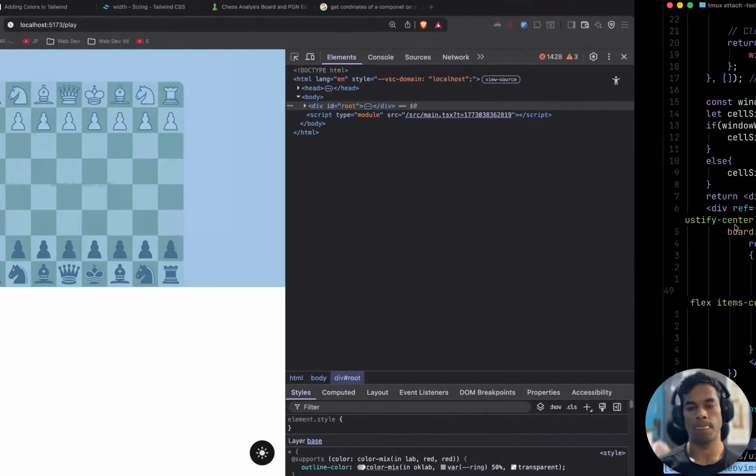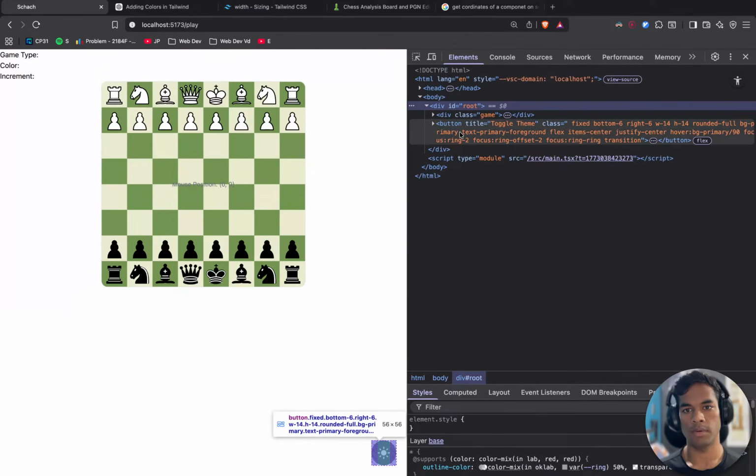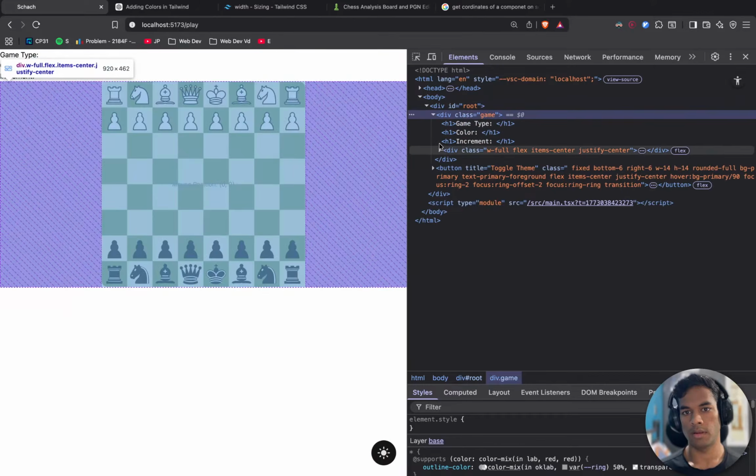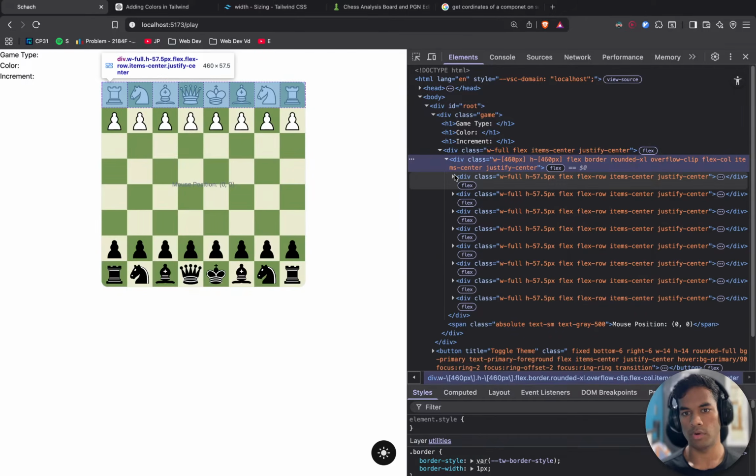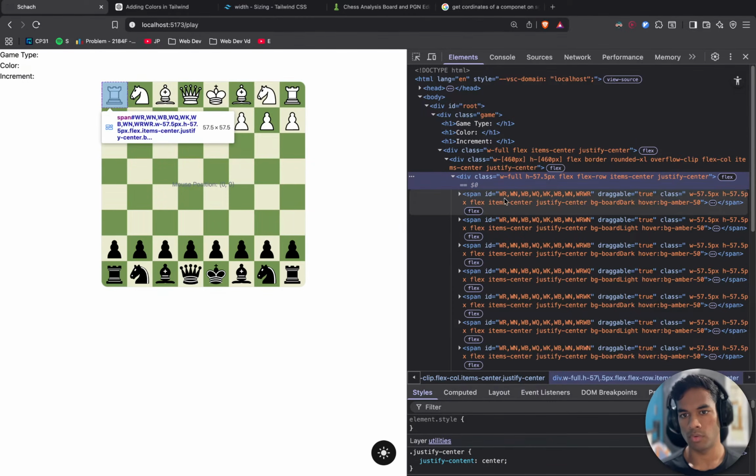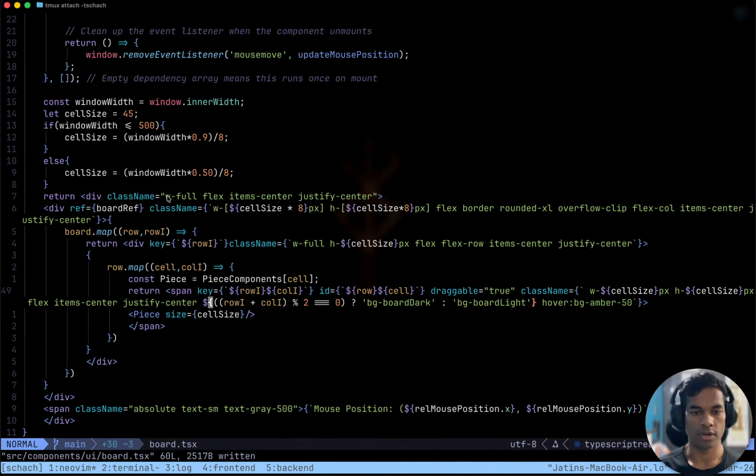Okay, now I think we are happy in here in the board, right? For each row ID, yes, we also have to change the ID. We changed the key.